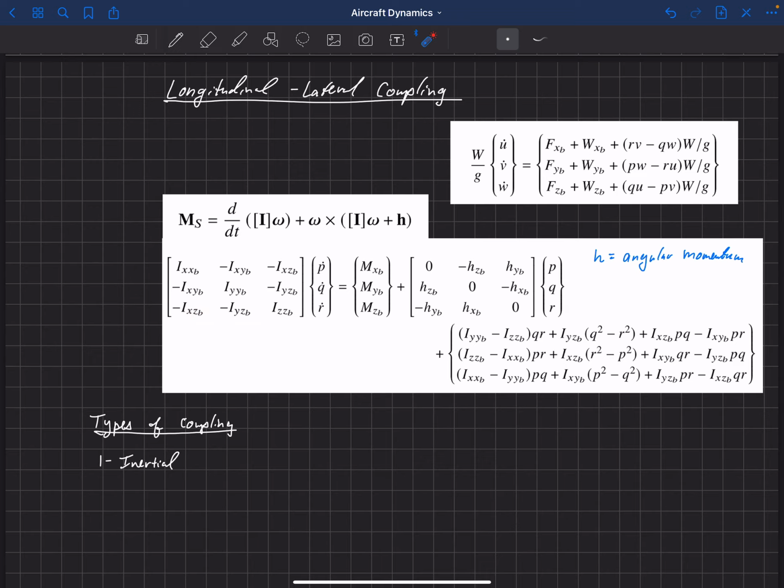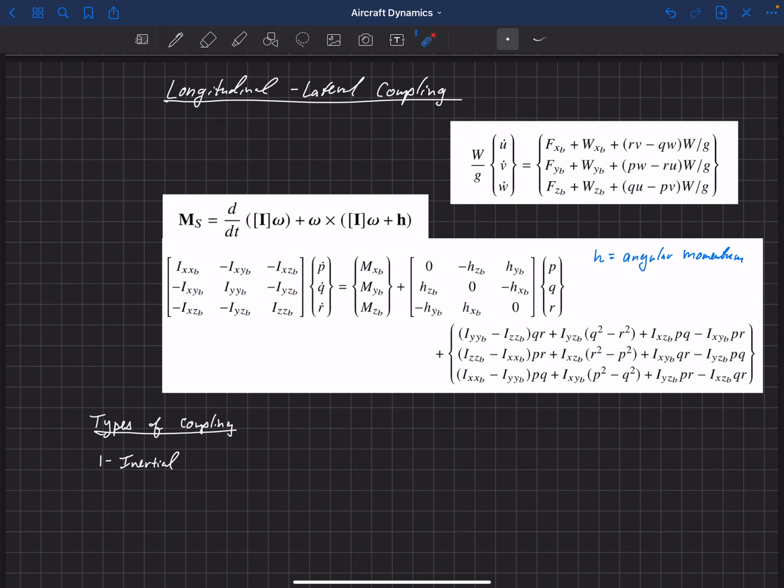assumed was symmetric, so we had dropped out these terms here previously, but if we include those, you can see that there's some coupling that happens. So when would this be important? Well, it would be important anytime your aircraft is not symmetric about the XZ plane. Now, most aircraft are basically symmetric about the XZ plane, but every aircraft could be carrying more fuel in one wing than the other, the way that they're scheduling the fuel, so there could be some asymmetry in fuel there.